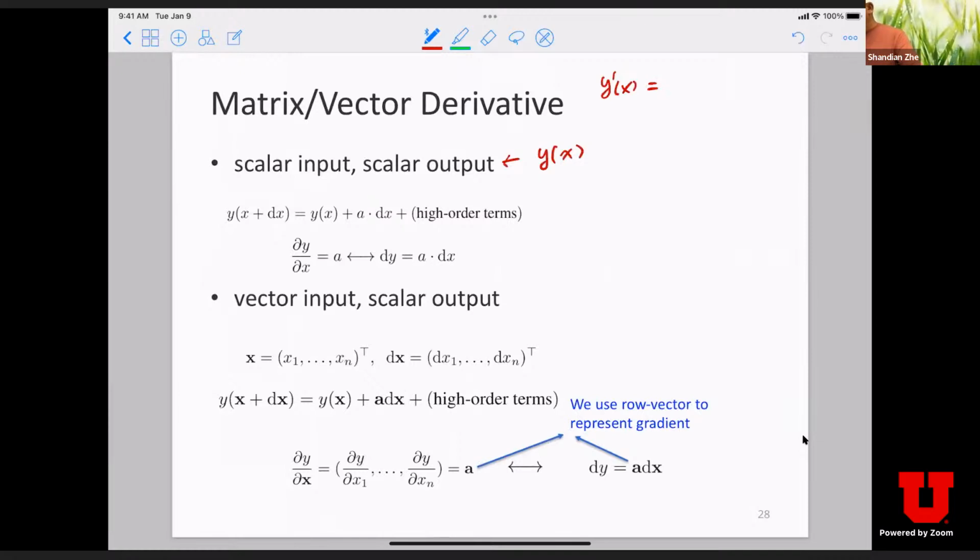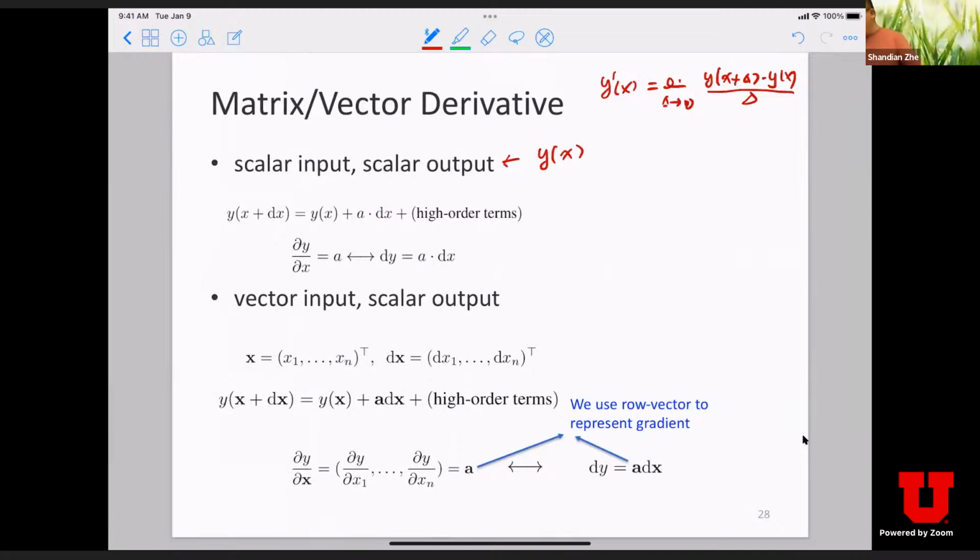You can write it as a limit, a limit of a fraction, such that you calculate the ratio between two differences. The first difference is the function value difference. That is, if you perturb your input x by a small amount delta, you look at how much the function changes. Then you divide this function value change by the input change.